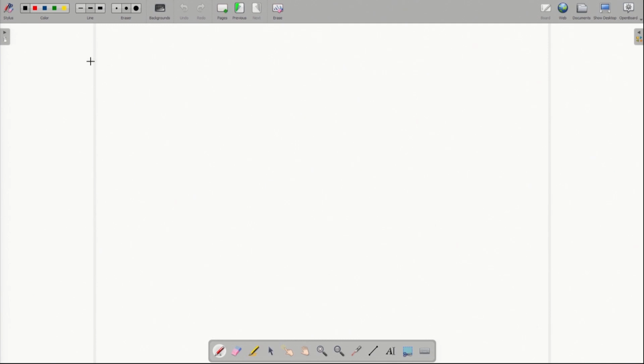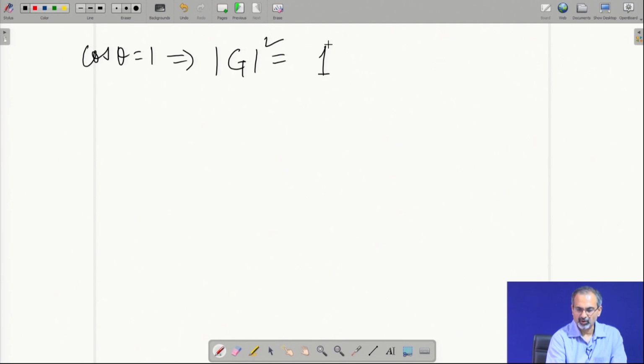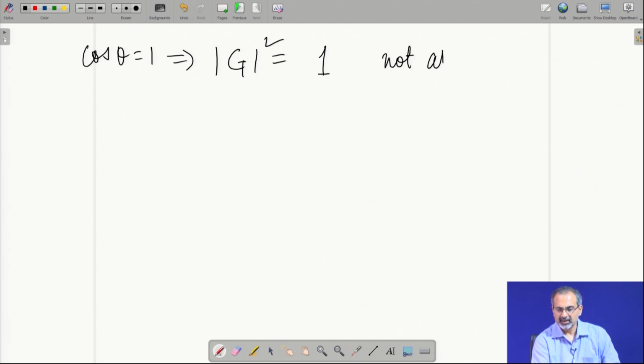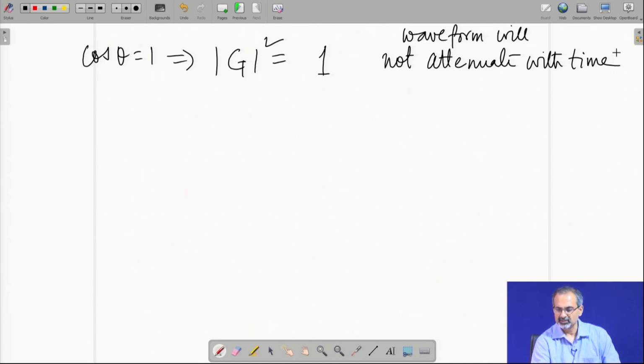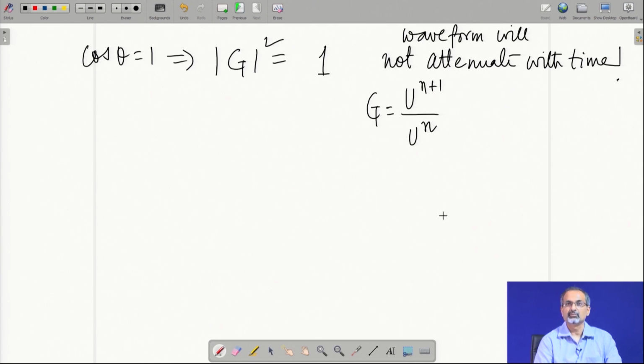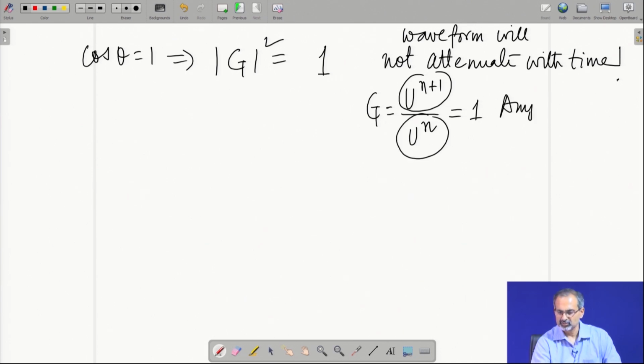So, when we take cos theta equal to 1, we see that mod G square comes out to be exactly 1. That means, there is no amplification of the signal, in the sense that the waveform will not attenuate with time, which is a good feature, because by definition we know G is equal to u n plus 1 by u n. So, when G is equal to 1, it means that the amplitude remains undistorted. So, amplitude remaining undistorted